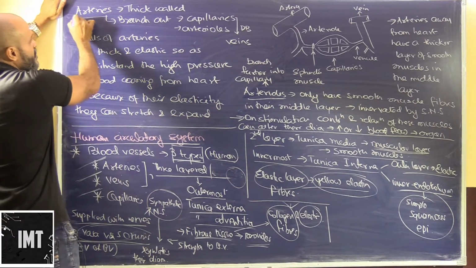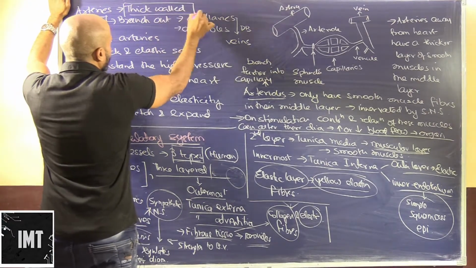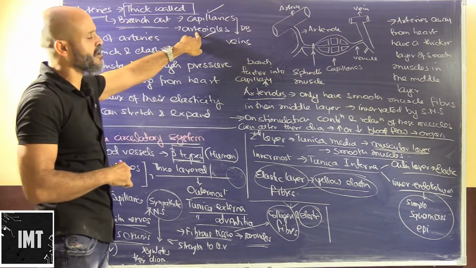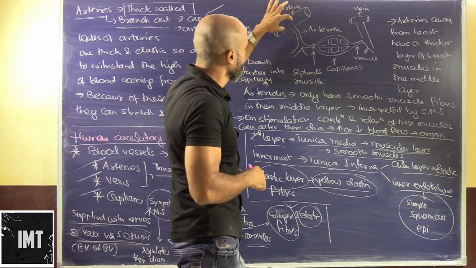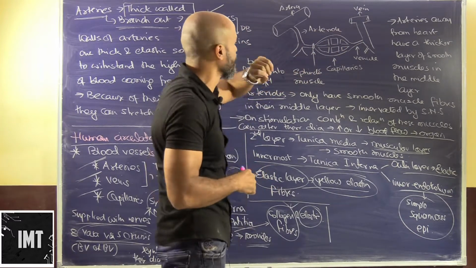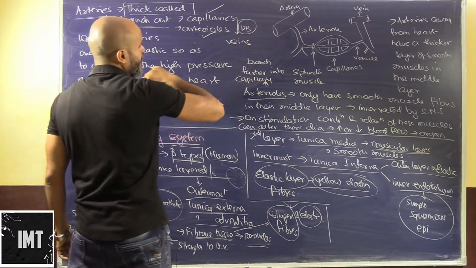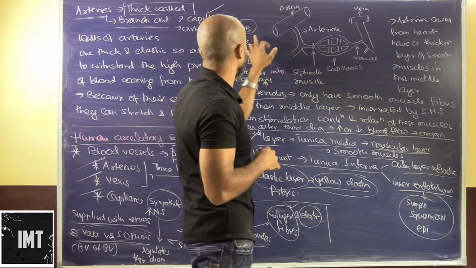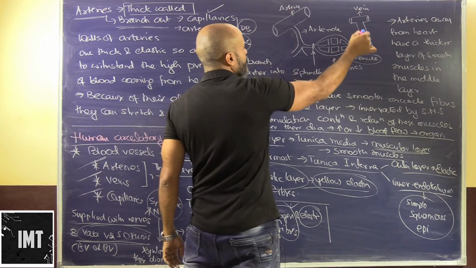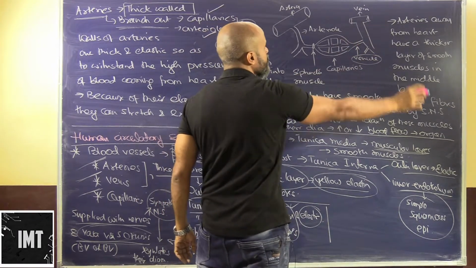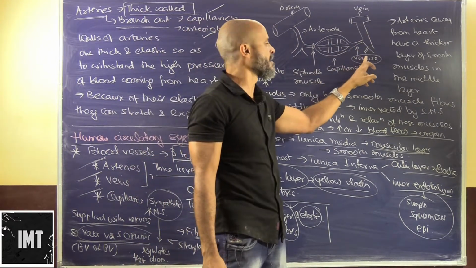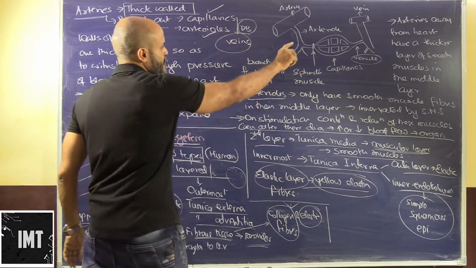These arteries, if you see, are generally thick walled and they branch out into arterioles and then capillaries. So arteries first branch out into arterioles. See, this is basically an artery. It will branch out into an arteriole, and then an arteriole will branch out into the capillary. Finally they will converge into veins; this is a venule, and a lot of venules will merge into a vein. So just as an artery branches out into arterioles, veins have their branches as venules. And this basically is the capillary.